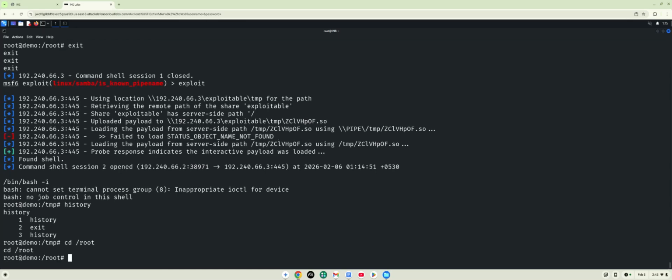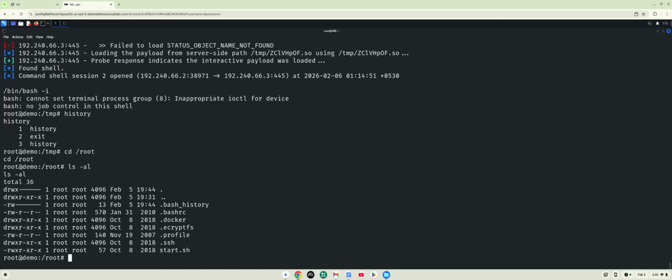All right. Now let's list out everything that's in there, and let's see if that .bash_history file is there. All right, voila, here we are. The file that wasn't there once now is there after I've generated some commands, and now it's present. Now that it's present, I can show what's inside of it. I'm going to say cat .bash